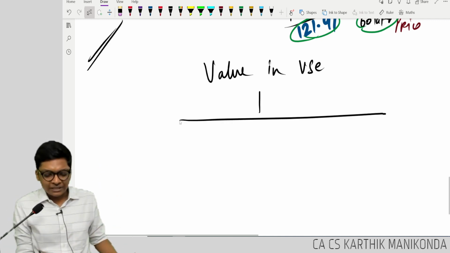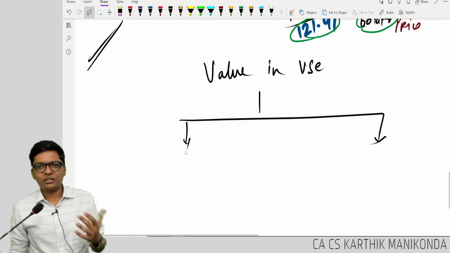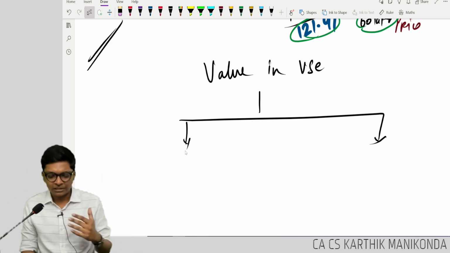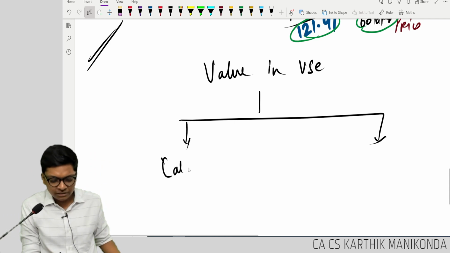Sir, I want to solve sums in this. I will do extra sums. We have sums from CA final in these concepts, but it's part of our syllabus. Let me finish theory. Value in use is cash flow into